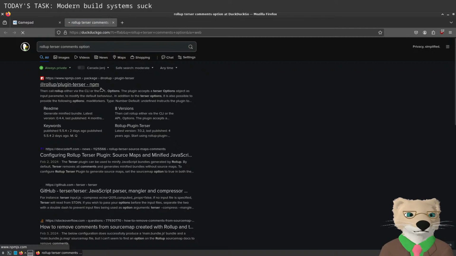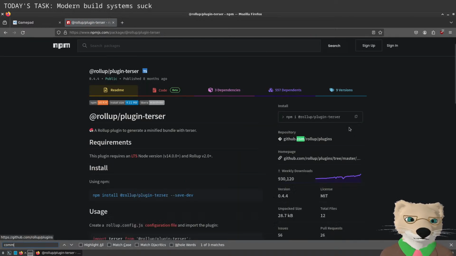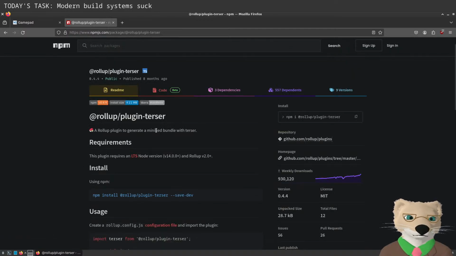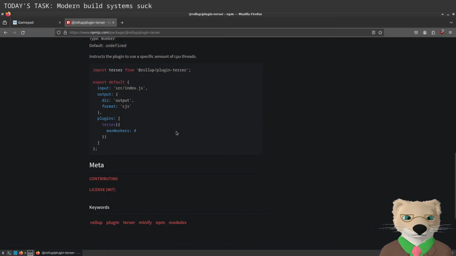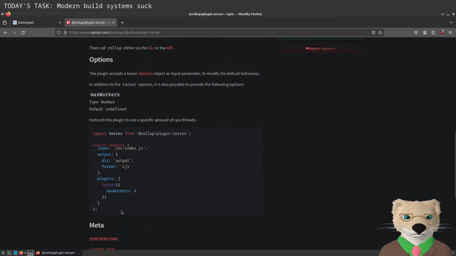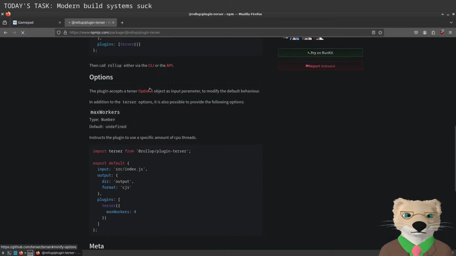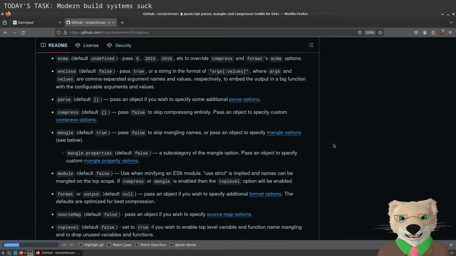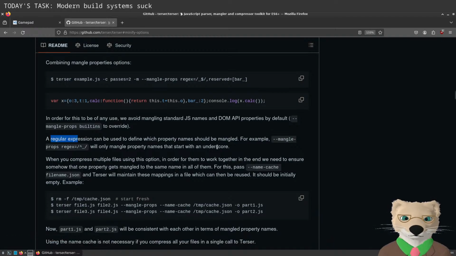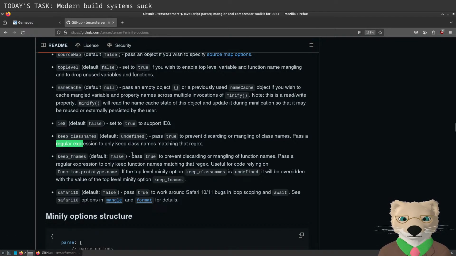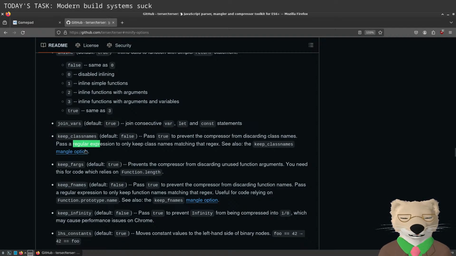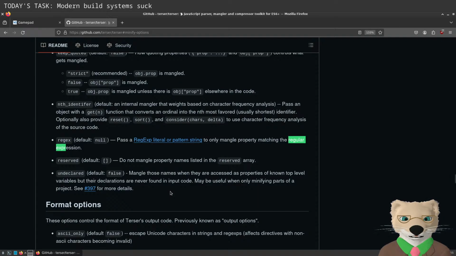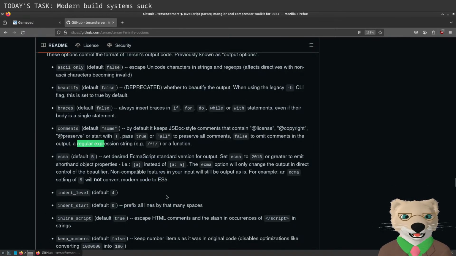Let's see how I tell rollup Terser to keep certain comments. Okay, so it looks like it probably just takes normal Terser options. I am so confident that I'm just going to search for regular expression. My confidence was correct in that it's definitely going to use a regular expression for the comments you want to keep, but it also uses a regular expression for absolutely everything else.